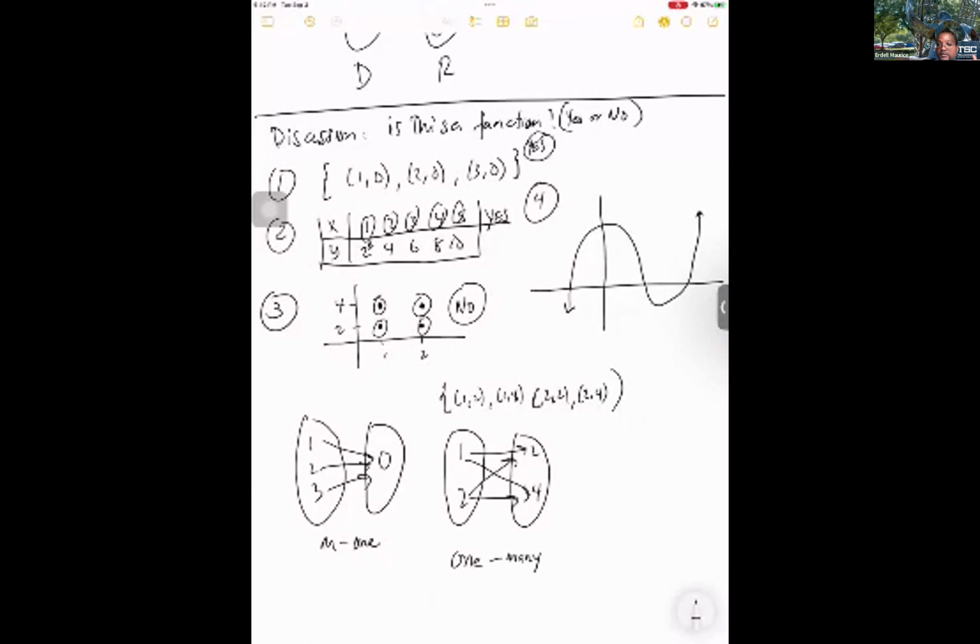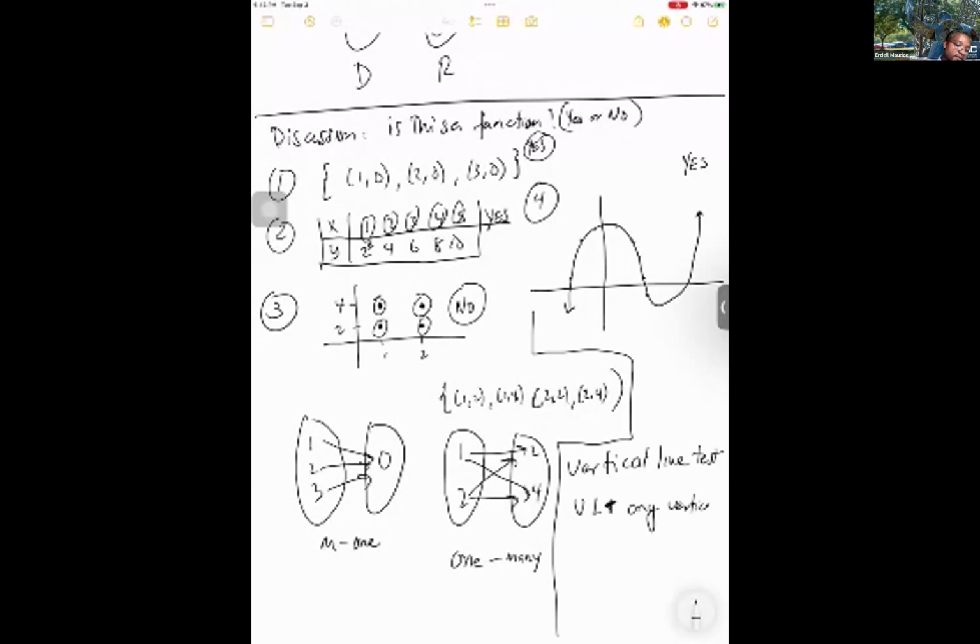And then the last one right here, yes, this is a function. It can be a little bit hard to tell that it's a function, because in theory, you would have to take every single point and put them in a table to see how it works. And so what we use is something called the vertical line test. The vertical line test, or the VLT, simply states that any vertical line